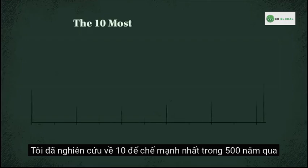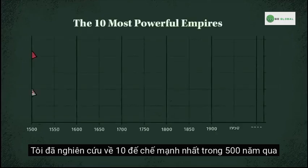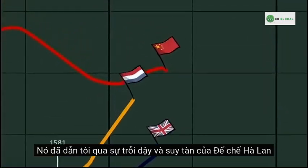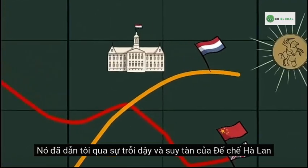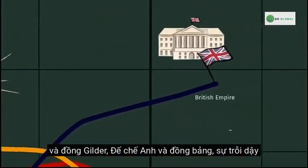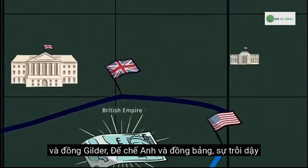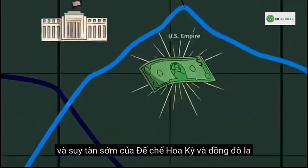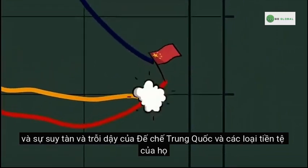I studied the 10 most powerful empires over the last 500 years and the last 3 reserve currencies. It took me through the rise and decline of the Dutch Empire and the guilder, the British Empire and the pound, the rise and early decline in the United States Empire and the dollar, and the decline and rise of